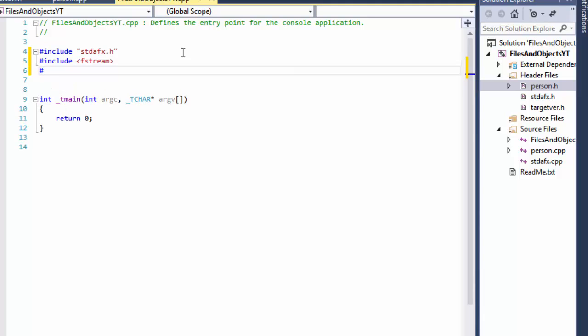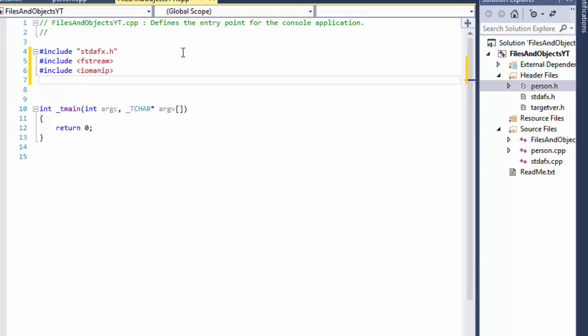I'm going to be including also input-output manipulation, because we are going to be inputting things and outputting as well, like cout, cin, and we will be working with string, so include string,